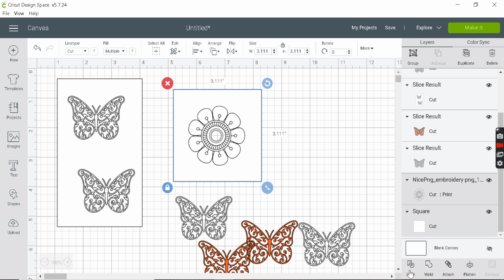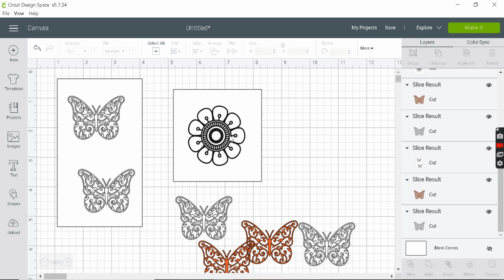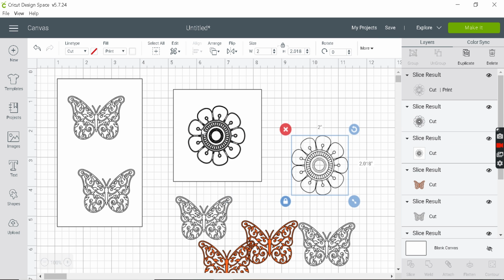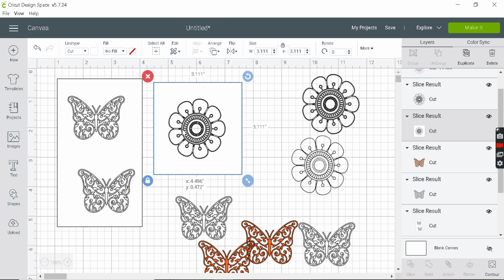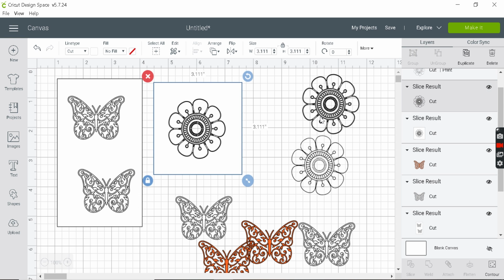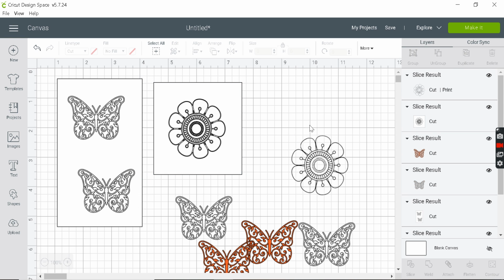Yeah. There you go. See, you have your stencil here. Yeah, so this is what you can do.